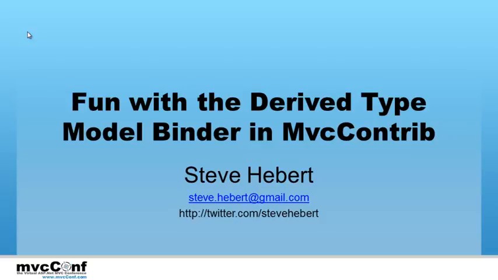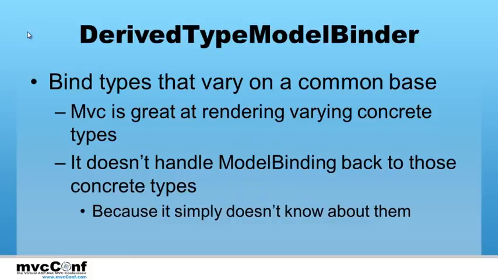MVC space. So to jump into the presentation and the Derived Type Model Binder, why would you use it? In particular, we can model bind types that vary on a common base. MVC is great at rendering concrete types out, and gives a lot of flexibility, and especially as we went from MVC 1 to 2, moved into editor templates, display templates, and so on, gave that concrete type discoverability to MVC, and it also